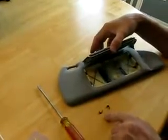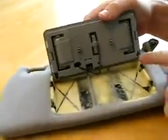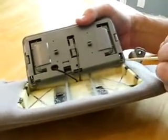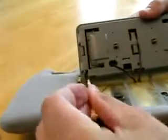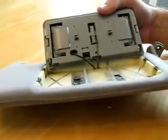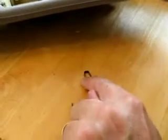These little clips, you see those? These little clips go right inside here. Get right in there. And there's a couple little slots. That little slot right there and that little slot right there are where the clips go. And the clips have a long side and a short side. The short side of the clip has a little wedge that's supposed to lock down in there, but apparently they